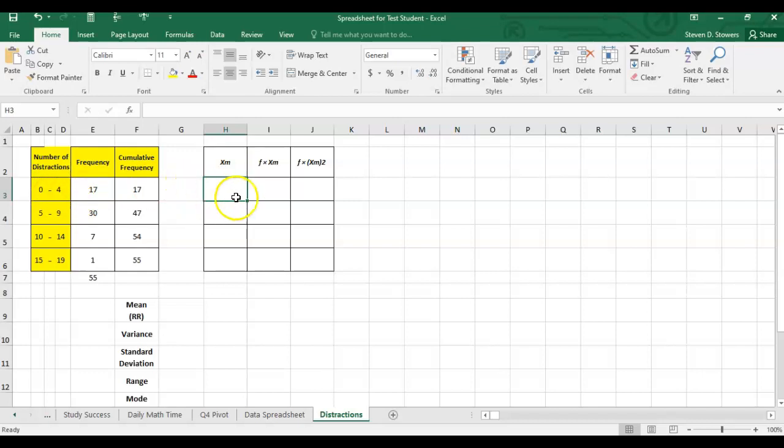Now, I can figure that out just myself. Halfway between 0 and 4 would be 2. So if you want to just type in the number that you can figure out for yourself, you can do it that way. Or I can type in the following: equals